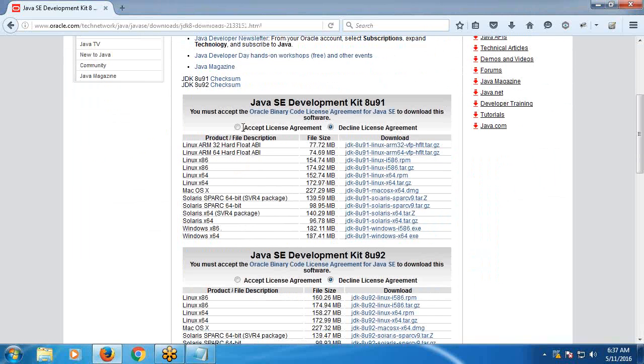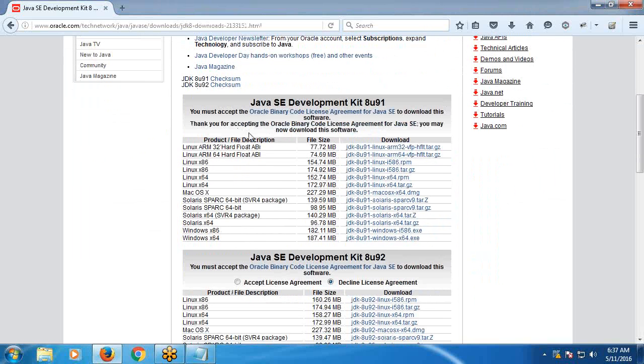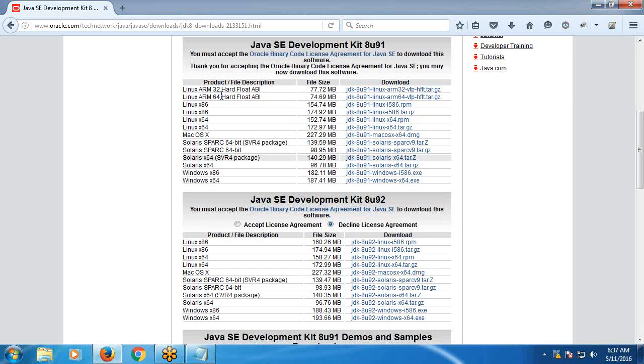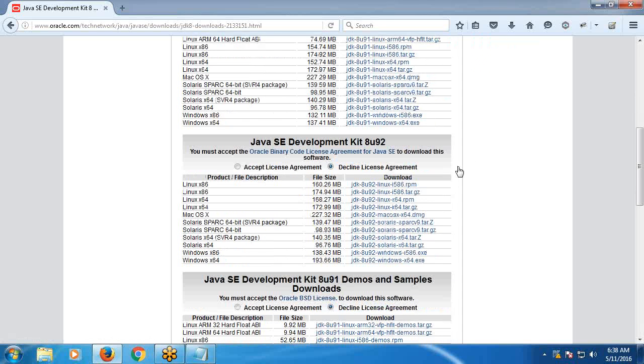Here, accept the license agreement, free license only. Next, select your operating environment. Suppose my operating environment is Windows x86. If it is Windows 64-bit or Solaris or Linux or Mac, you select those executable files. Say mine is Windows 32-bit operating system. For that, Windows x86. Click this executable file,